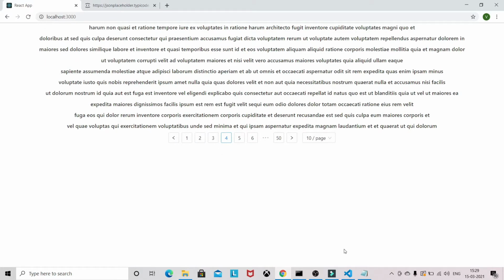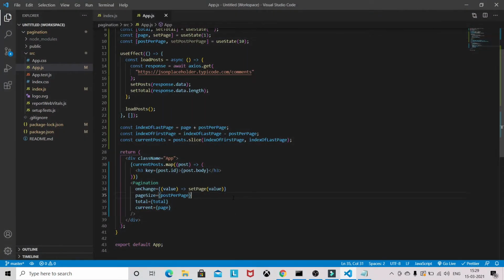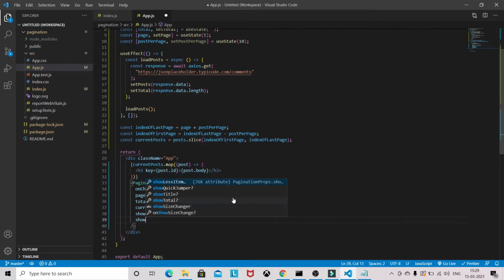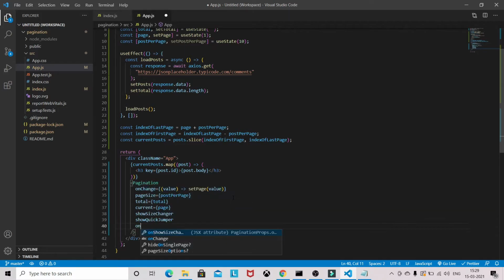Now we need to pass some more props in this Pagination component, like showSizeChanger, showQuickJumper, and onShowSizeChange. For onShowSizeChange, we need to define this handler.